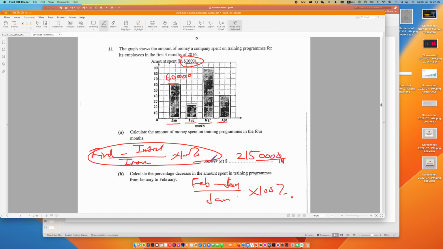Whenever you make a mistake, it's always because you never follow my rules. Whenever you follow my rules, you will get the answers. So it's up to you whether you want to follow my rules or you want to make mistakes. And when you get the correct answer without following my rule, you are lucky. Let me be honest with you, you are lucky. So what's the answer? 316. So nice, right?